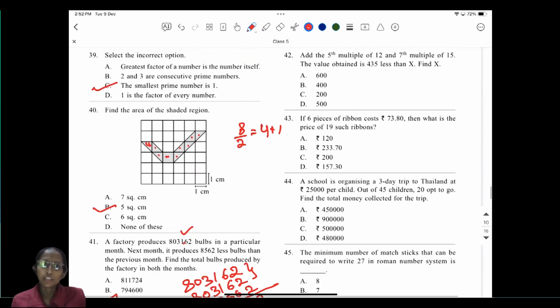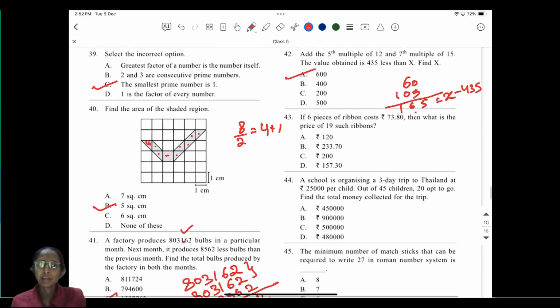Okay. Now the 42nd question, add the fifth multiple of 12, that is 60, and the seventh multiple of 15, that is 105. The value obtained is 435 less than x. So first of all, I'm getting 165. This is x minus 435. So my x is 165 plus 435. That will be